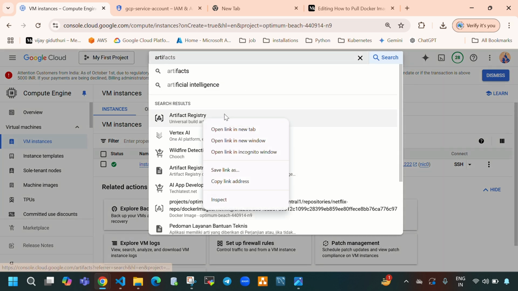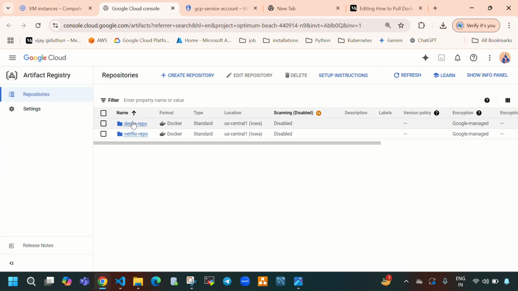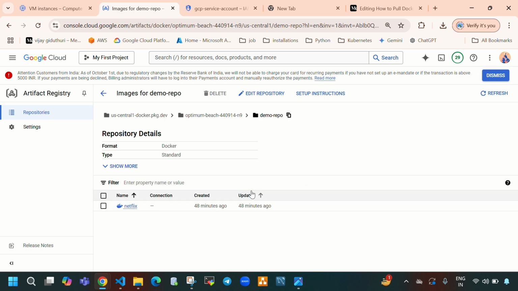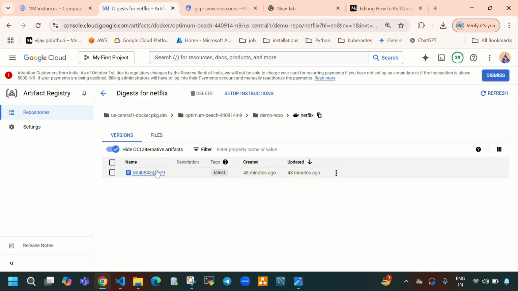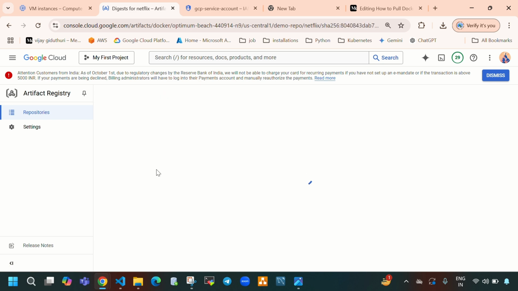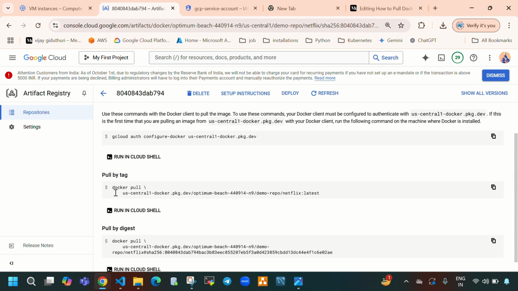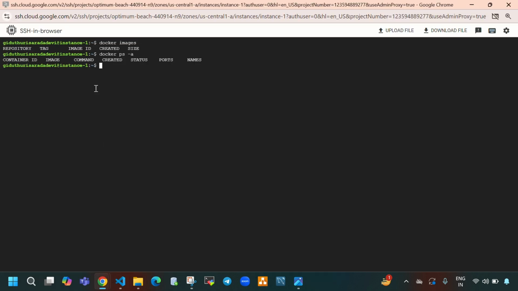So let's open this in a new tab once again. I will open this demo repo and I will open this path Netflix and I'll open this image and here I'm going to select pull and here you can see you can directly pull your Docker image using this command. So I will copy this command and paste it here in my terminal